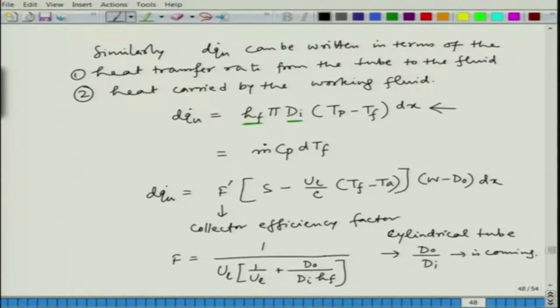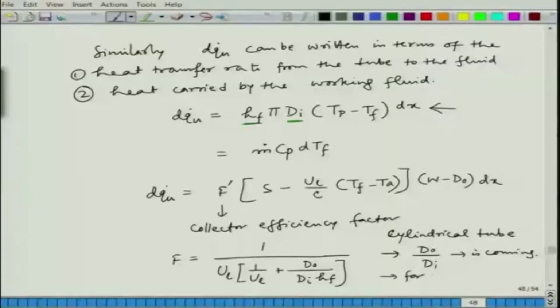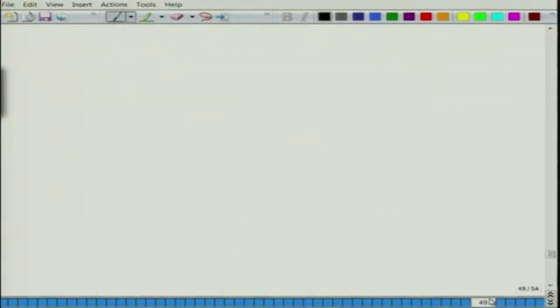This you have noted from the conduction radiation conduction knowledge, okay, and for thin tube this is basically d naught by di is equal to 1. Okay. For thin tube you do not have any difference between the outer and inner diameter. Okay. Now, in terms of the